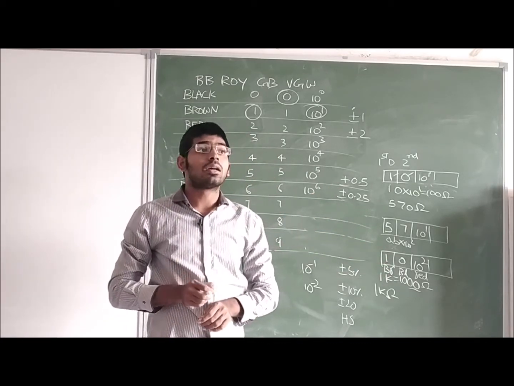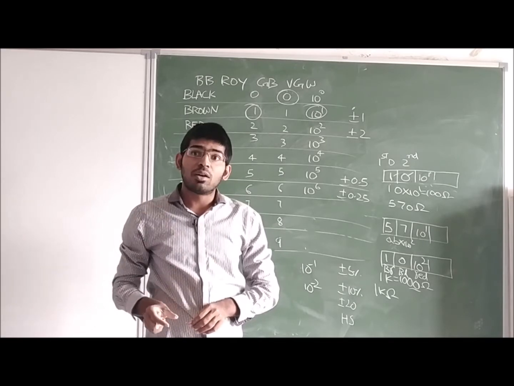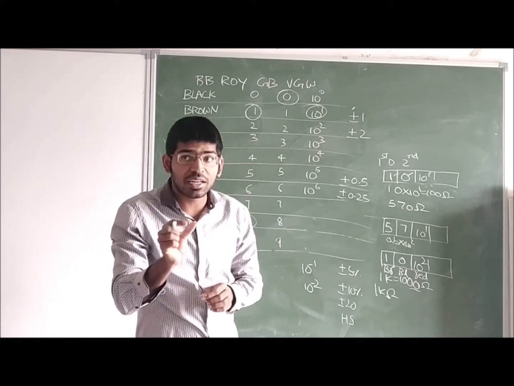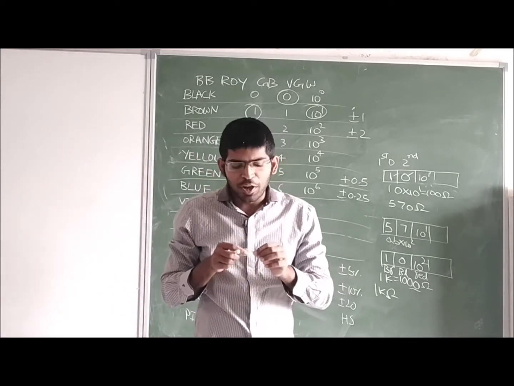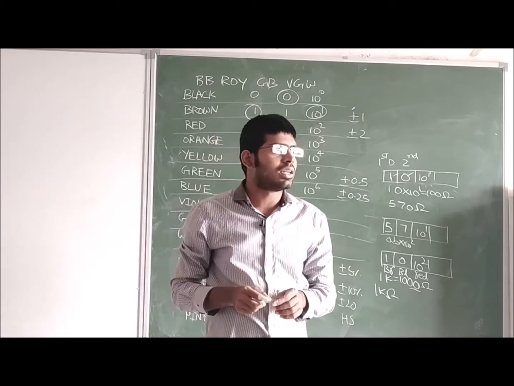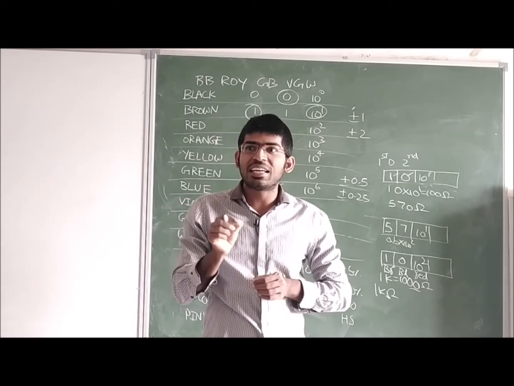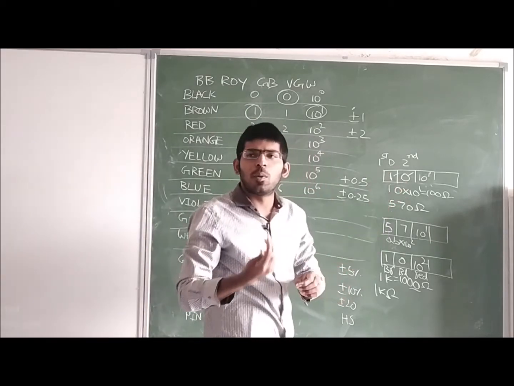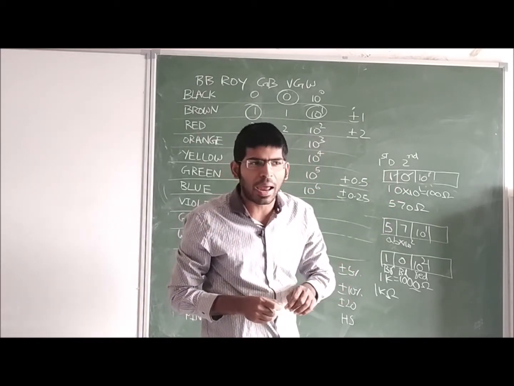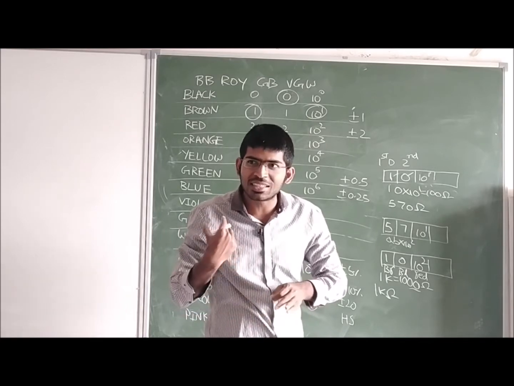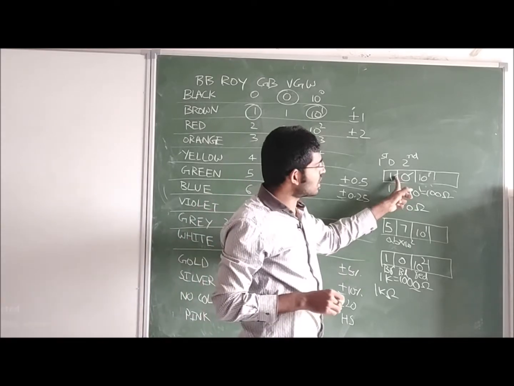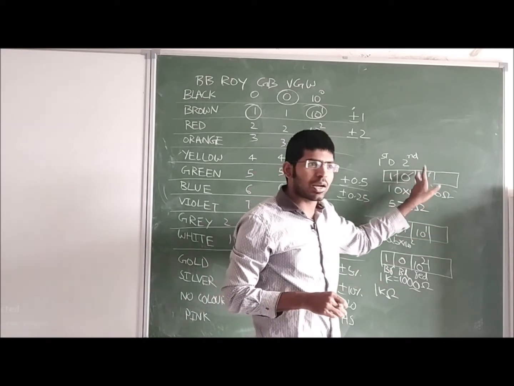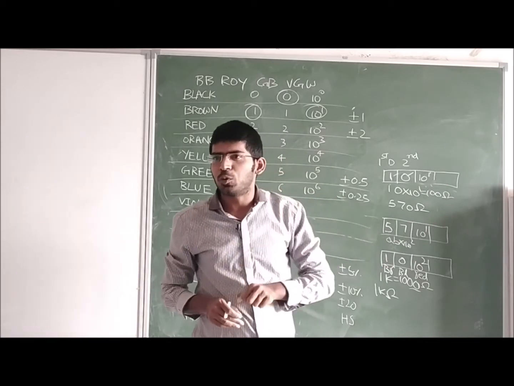In this manner, whenever we are indicating a particular color, that means we are indicating a digit. When you see a color on this resistor, you have to remember we are indicating one digit. So the first 2 boxes, instead of saying boxes, now I use the term band, because now you are familiarized with what is a band. This first color band is indicating some value. This second color band is indicating some value.